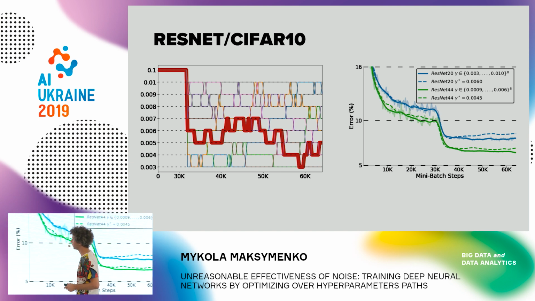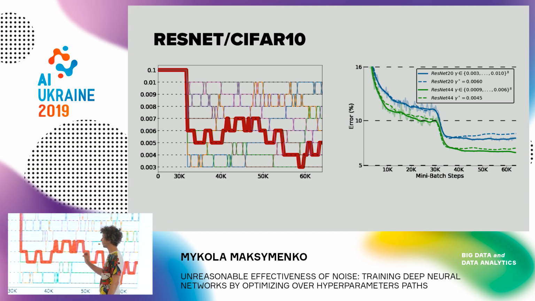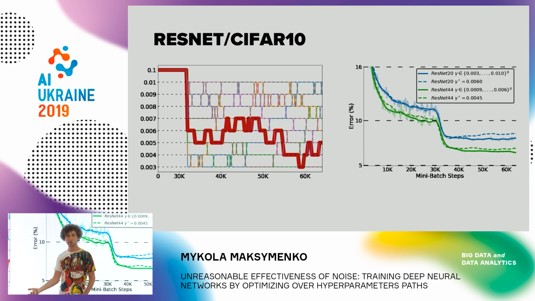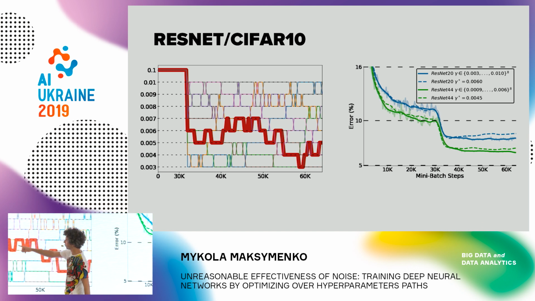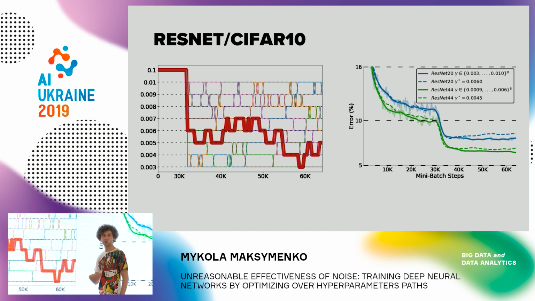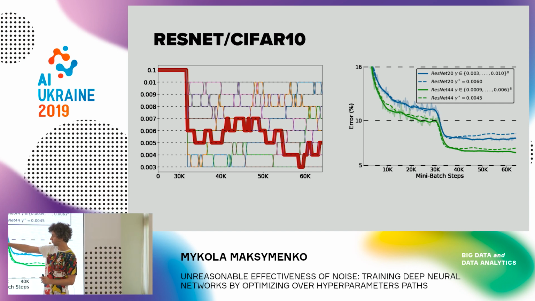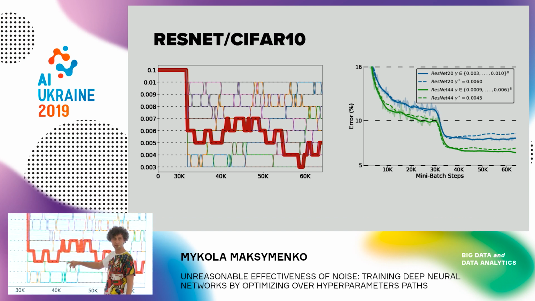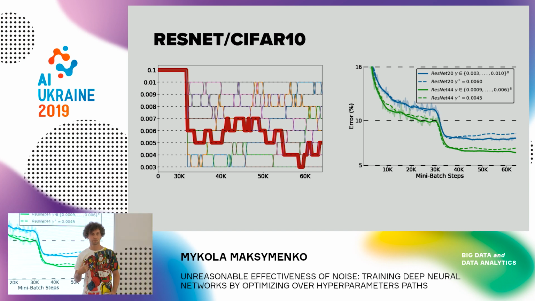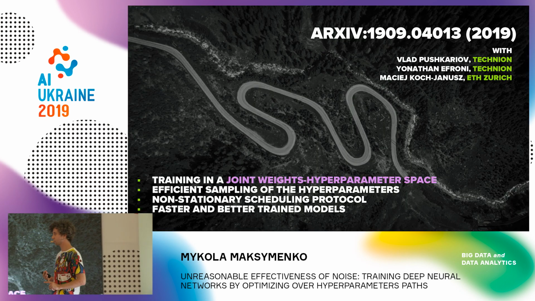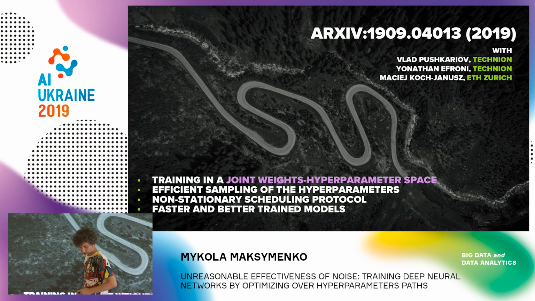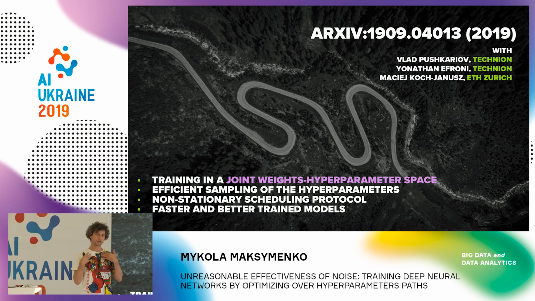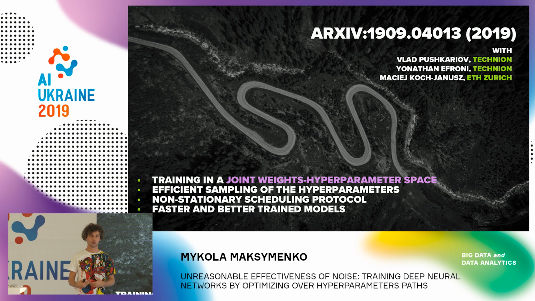And moreover, as you see here, this is a nice plot. Along with this training, we can now reproduce it by just following how we change the hyperparameters along training. Every couple of epochs, we can change the hyperparameter along this line and reproduce these results. So this is more or less all that I wanted to highlight here. Once again, we introduce a different manner of training deep architectures, now in the joint weight and hyperparameter space.